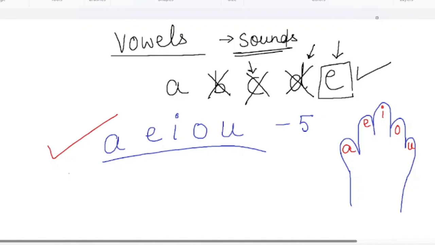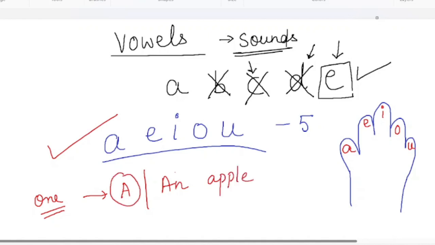Now I'll be discussing the worksheets required to teach the children so that they can become perfect in the usage of these vowels. They will be learning the articles a, an. It means one. When we talk about a book, that is one book. When we talk about an apple, that is one apple. But sometimes we use a, and sometimes we use an.